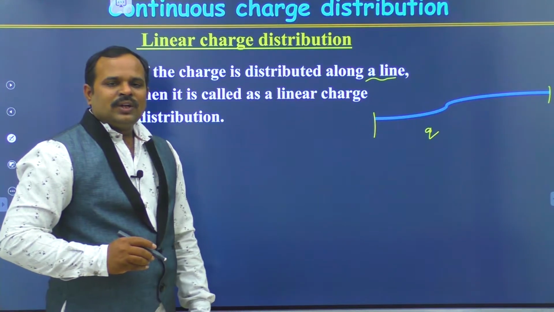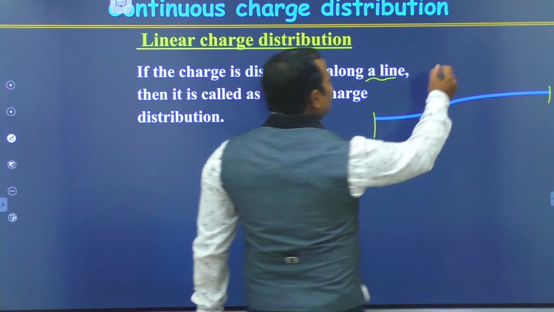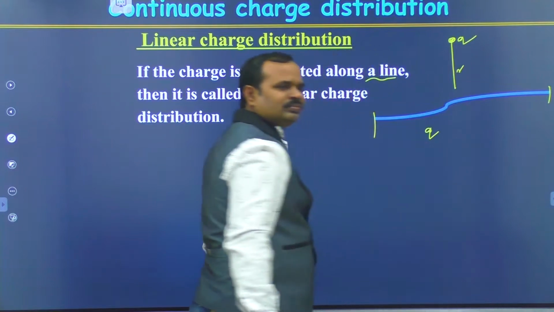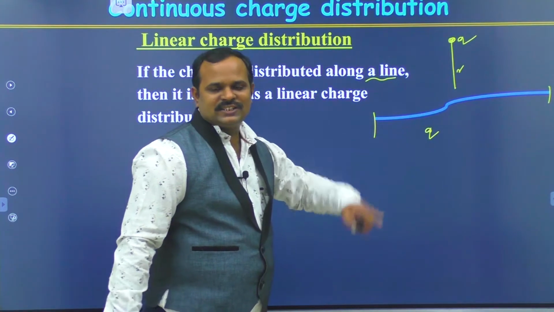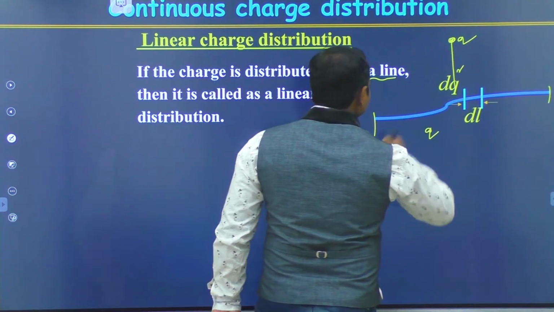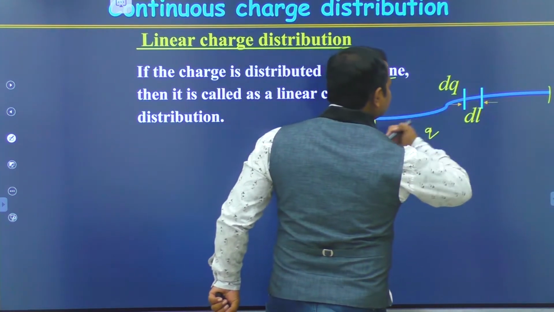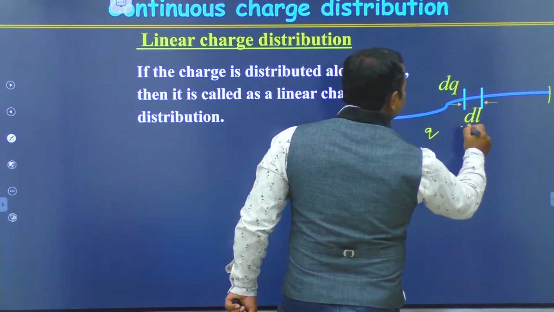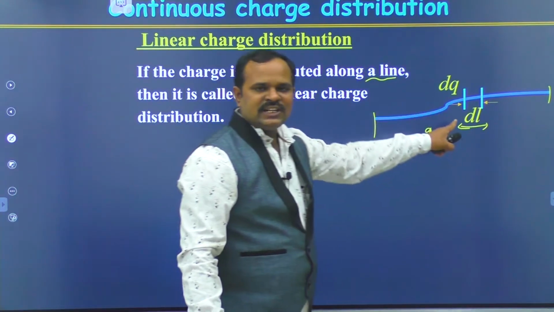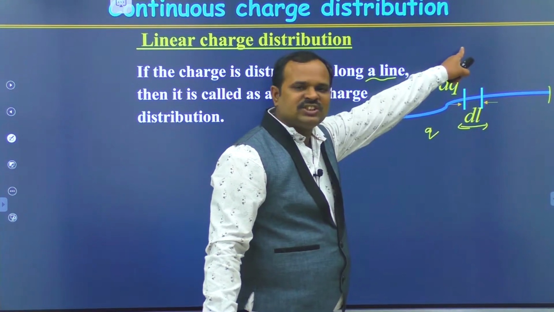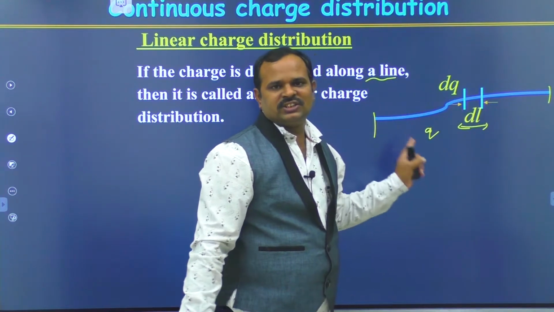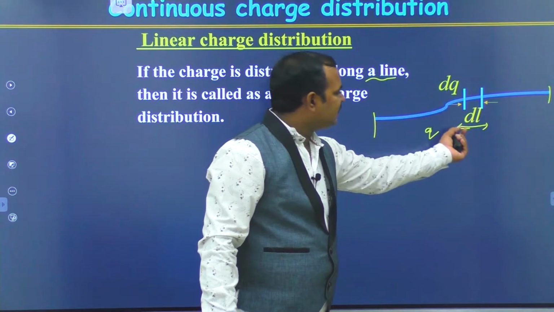Now, if you want to find the force experienced by a unit positive charge placed at a distance R from this linear charge distribution, let's consider a small charge dq, out of all this charge, within the length element dl. First we consider the small charge and find the force experienced by the unit charge because of it. Later we extend this argument to the complete linear charge. So this is a small charge present in the length dl.